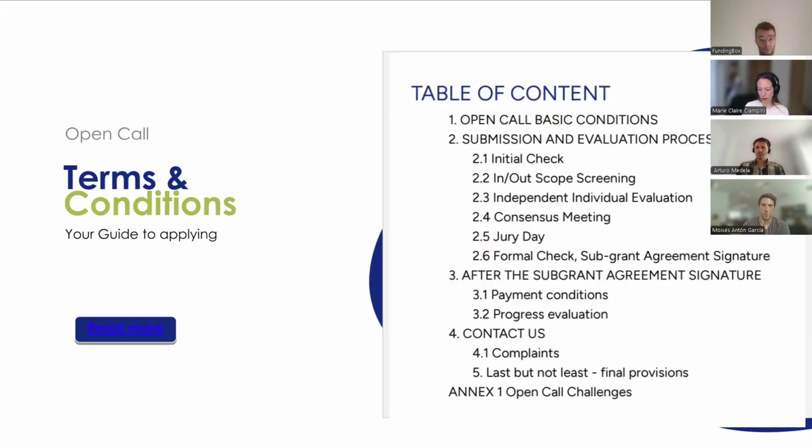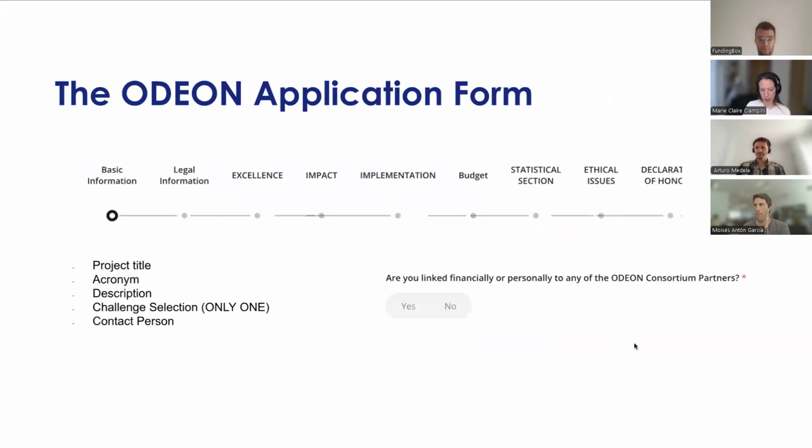And then there's information on how to reach us in case you have any questions. Lastly, there is the annex, which has the details about the 13 open call challenges I mentioned in my earlier slide. There you can get all the details and the specificities of the challenges.